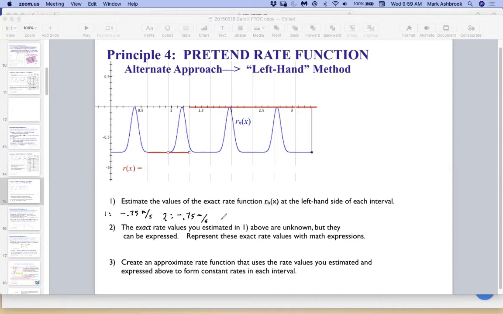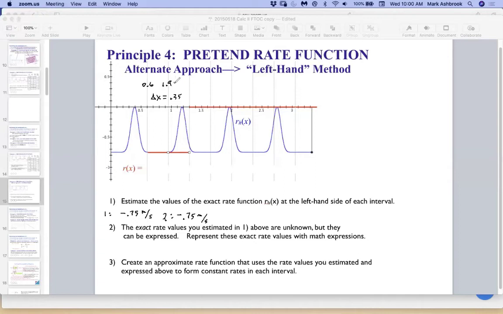I have a quick question. Yeah, sure. So how big are these intervals? Oh, these are the same as before. So this is the delta x is the 0.35. Okay, that's the only question I had. Yeah, so we're doing the same intervals as before. Okay, thank you. So this is 0.6,